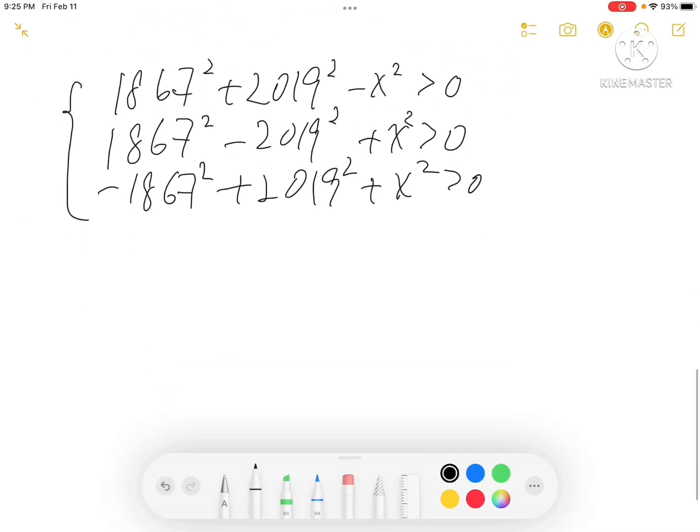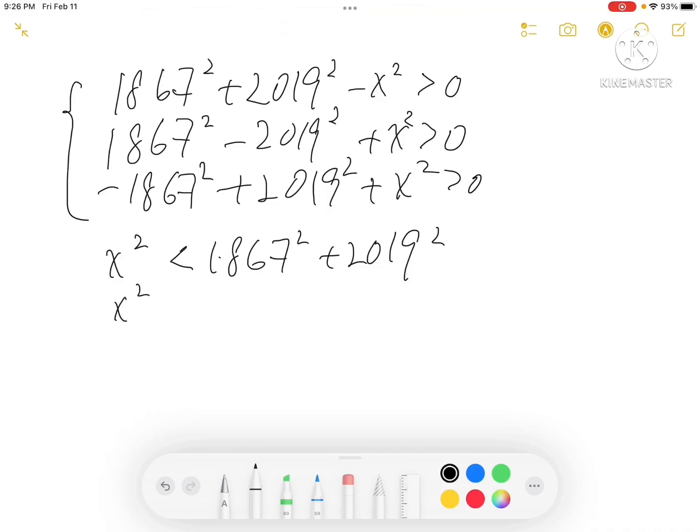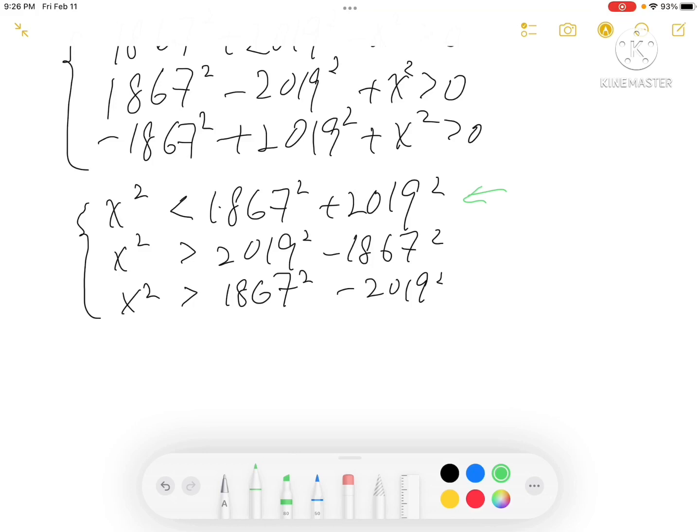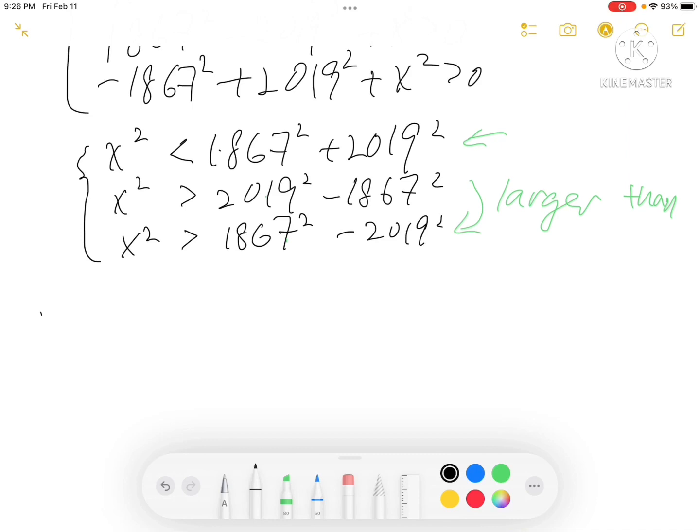And now we can isolate x squared. So the first equation states that x squared is smaller than this. Then we have x squared greater than 2019. And similarly, it's greater than this one. So over here, we can do some analysis. We know that in these 3 equations, this one is the greatest, and x is smaller than the greatest expression, which makes sense. And after analyzing this, we know that this one is larger than this one. So when we write our net equation of inequalities, we have